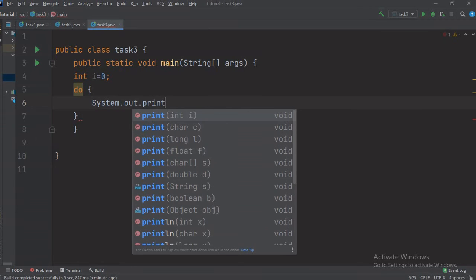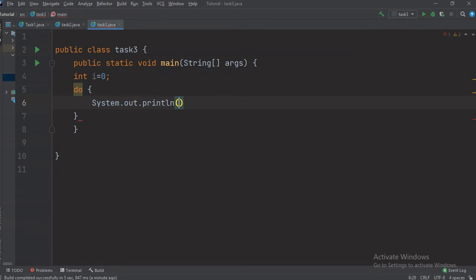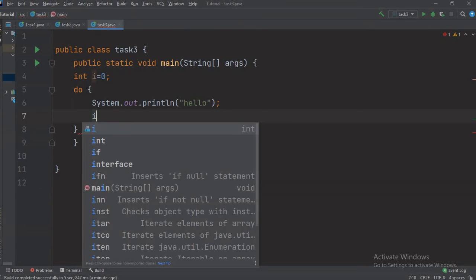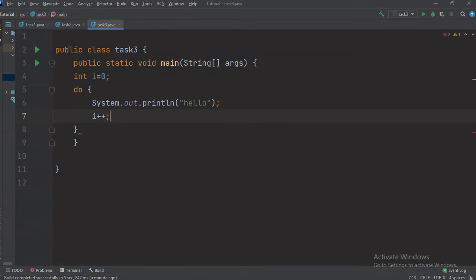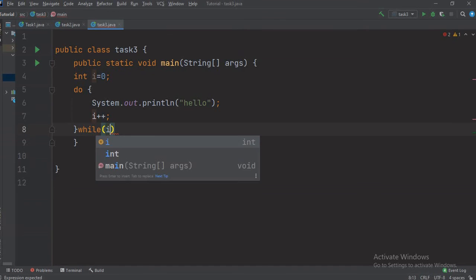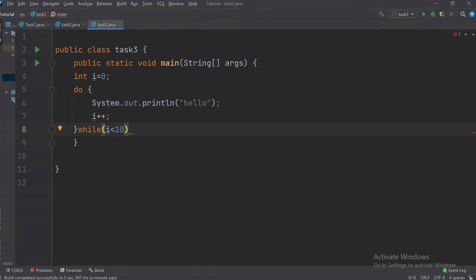Suppose I'm writing here, and here i plus plus, and here you have to mention the condition. Let's say the condition is i less than 10. Suppose the condition is i less than 5.